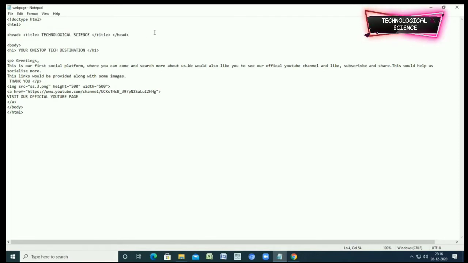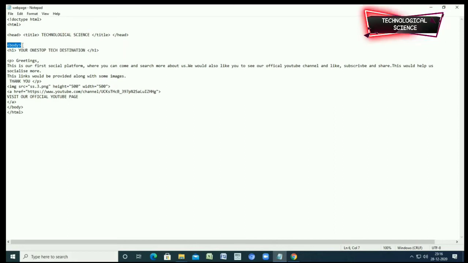Then comes the main thing that you have to type in your web page, that is the main matter. All the matter is contained in the body. So in the body you have to give all the matter. Now, as the rule suggests, always type an opening tag for body. There are a lot of tags that are used for adding multiple things into HTML, and of course all the tags cannot be covered in one video. You can search them on Google if you want to add them.